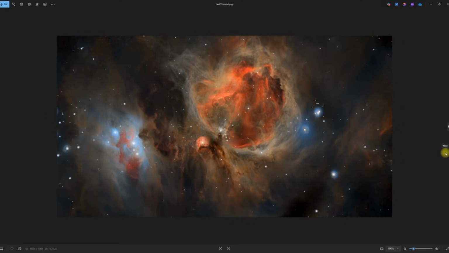So there you go, folks. That's how you use masking in GIMP to get rid of that core in M42, and you can actually apply this to a bunch of other objects. Some other objects I've used it on. I've used it on the Iris Nebula. I've used it on Andromeda Galaxy M31, where I reduced the core brightness down relative to the rest of the galaxy. You can use this on a host of different structures,